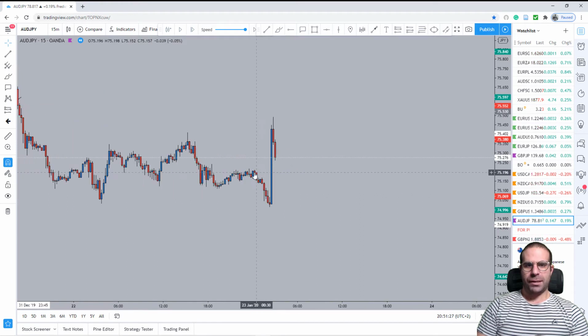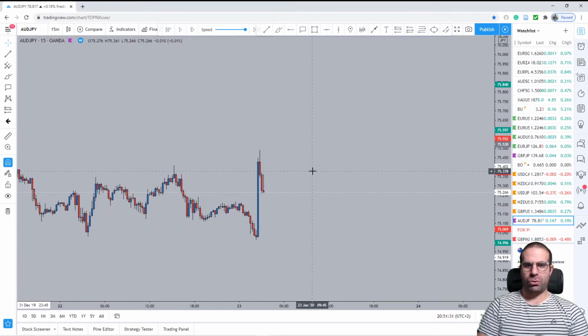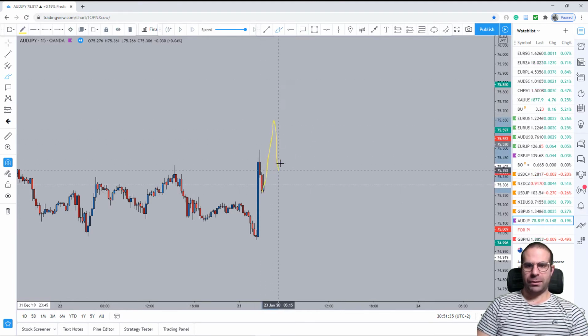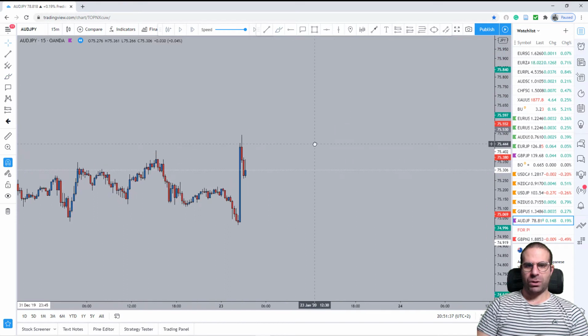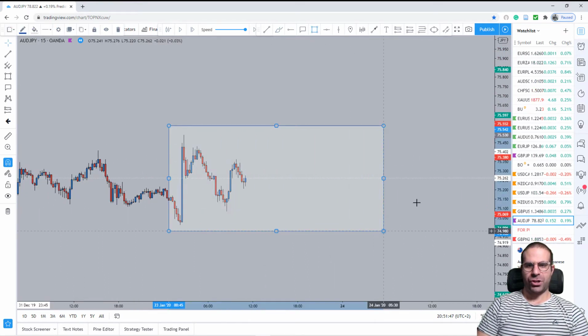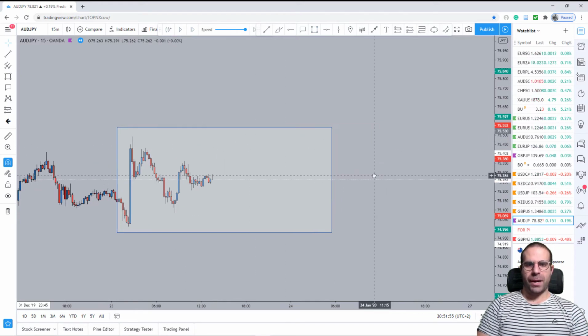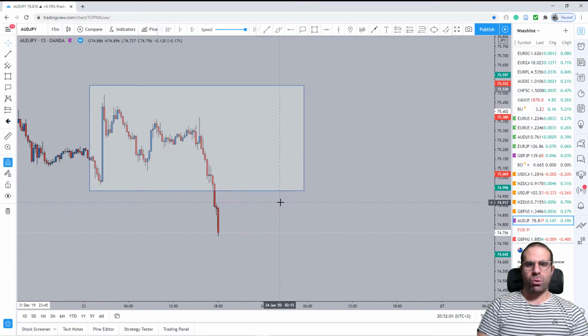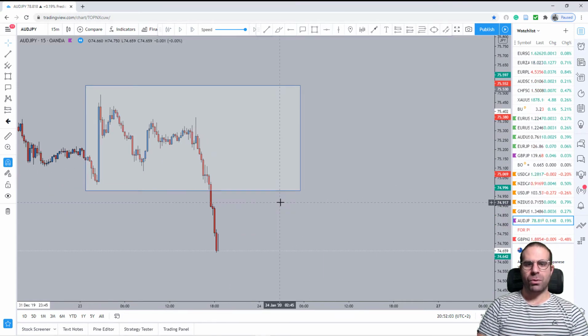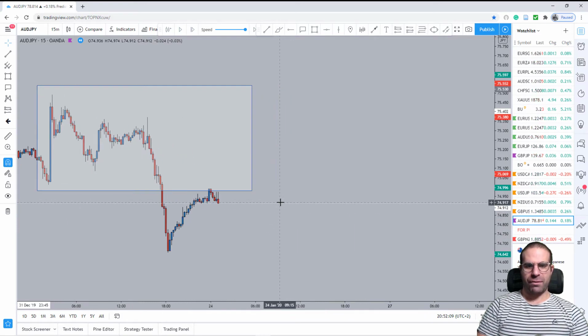Okay, now we start seeing an impulsive movement to the upside, followed by a large wick, so we're waiting for another movement. Potentially we can see that and the retrace and the bounce. That's what we want to see. Or we can see a consolidation within this large area. Usually when we see large candles followed by wicks, we see large consolidations in this area. Now we broke below quite impulsively, but there's no place to enter here, so we're waiting for the creation of a flag pattern, which never happened.